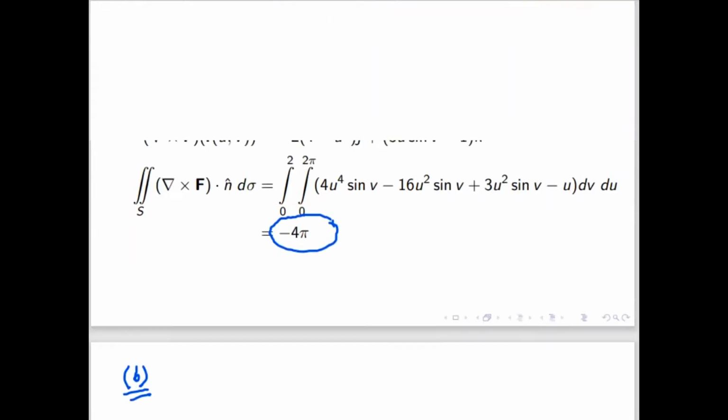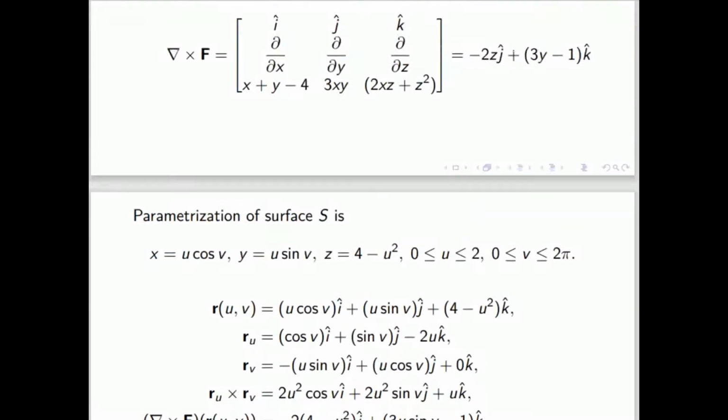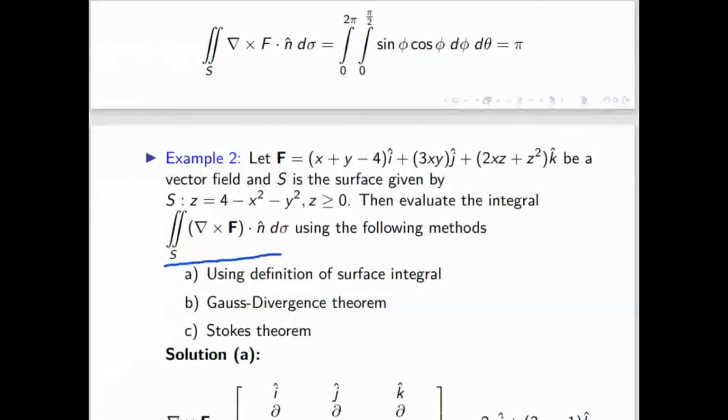So here in this question we have to find this surface integral. Whatever technique we will learn by Gauss divergence theorem is very useful when the question will come: verify Stokes theorem. That is part C. If the question is to verify the Stokes theorem, that means you have to find this surface integral. The same surface integral we will find by using Gauss divergence theorem. So the question is to find this surface integral by using Gauss divergence.